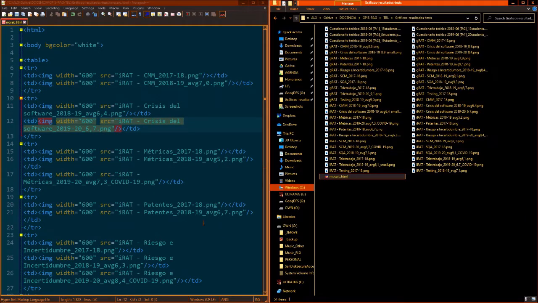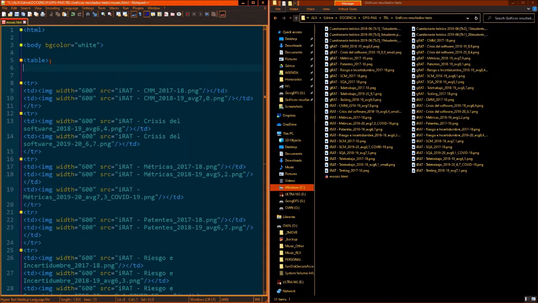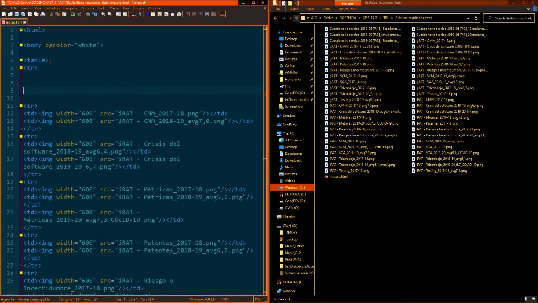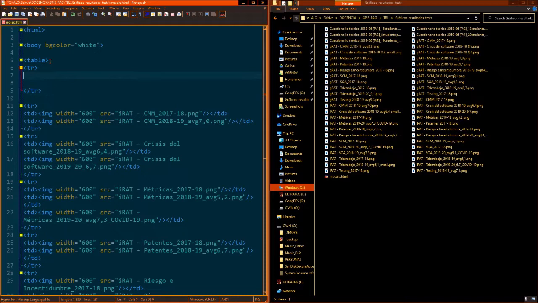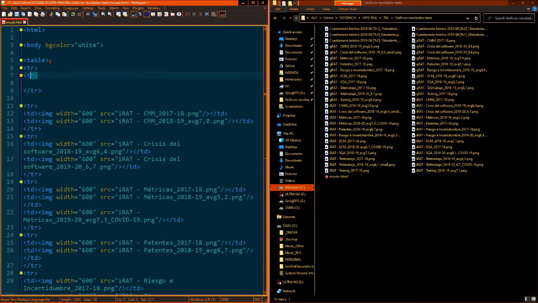Now I'm going to add a table header to the table, so I need to first include a table row and the closing tag for the table row, and then some th tags for the table header cells.